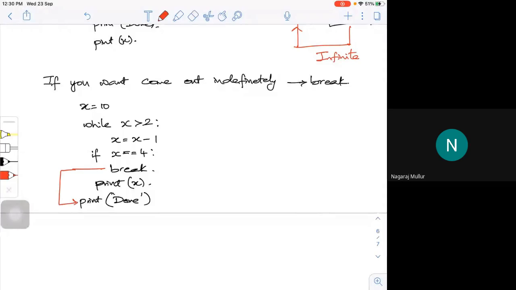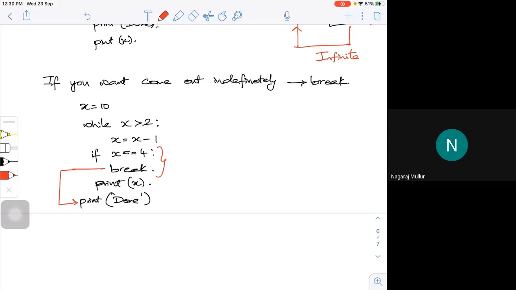What I'm trying to do here is check for intermediate conditions. When we are writing such programs, within the loop we may have some kind of an equation, and the equation will lead to some kind of an answer. Once that particular answer is reached, I can come out of that loop. Otherwise, it will keep iterating within the loop.